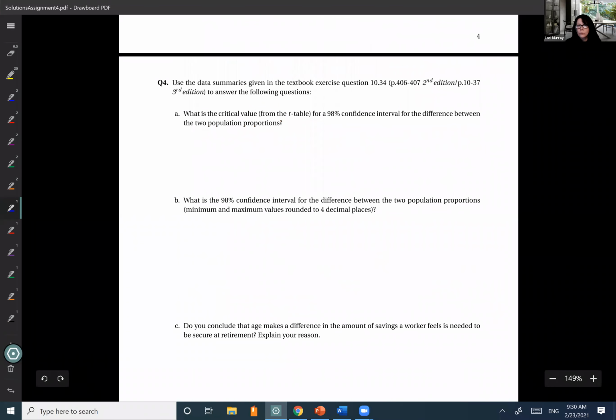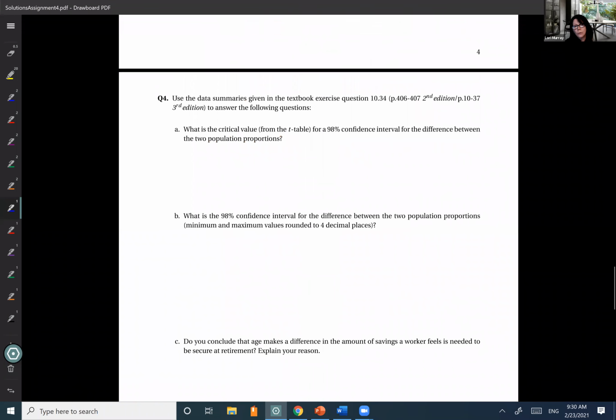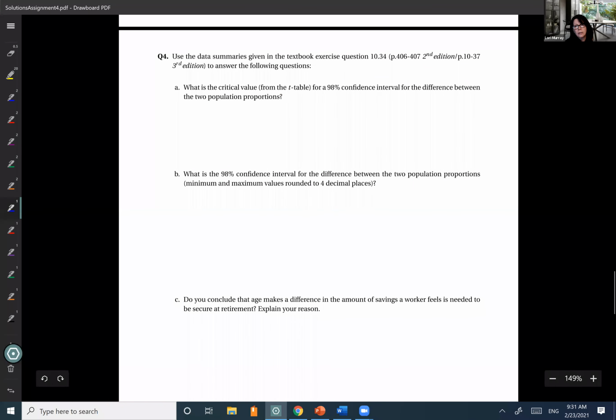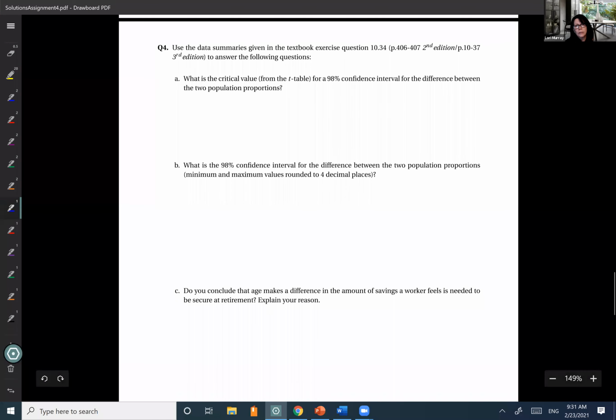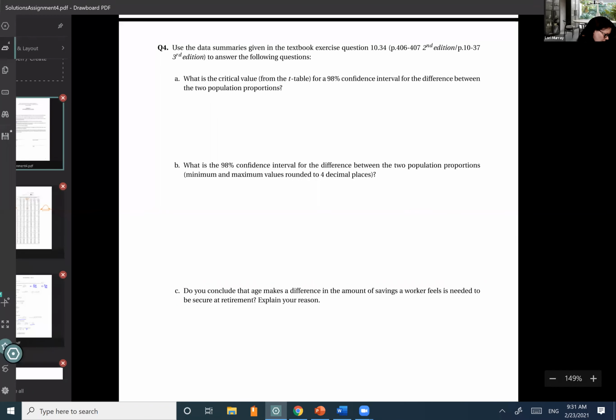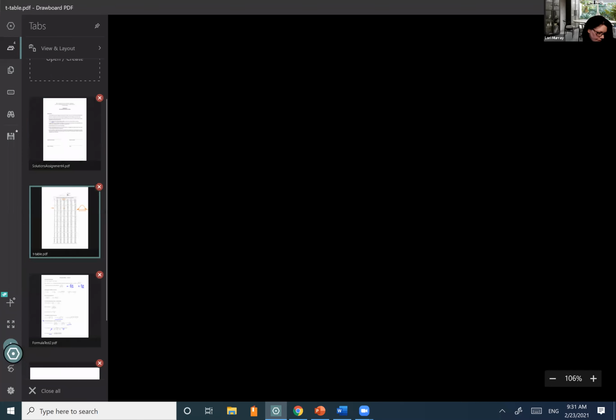All right. Question 4. What is the critical value? Okay, so this one here, I took an exercise straight from the text. Question 4 is about proportions and what is the critical value from the T table. So I didn't want to have a ton of different answers coming in. I wanted everyone to use the T table, which was the last row. If you look here, the very last row